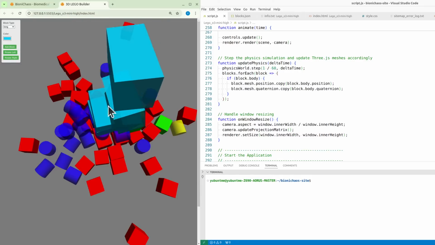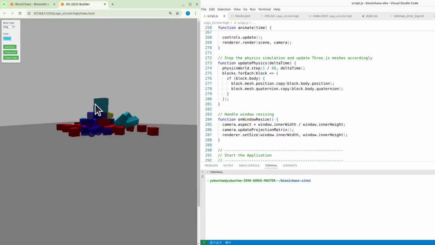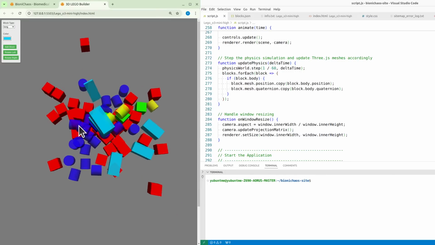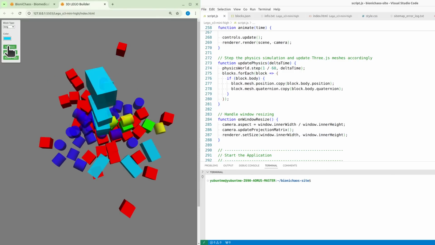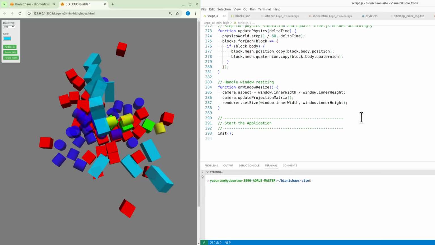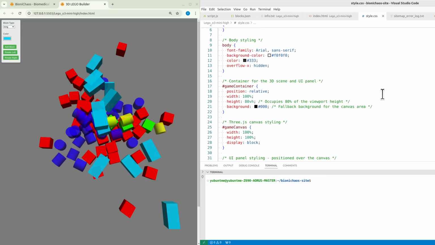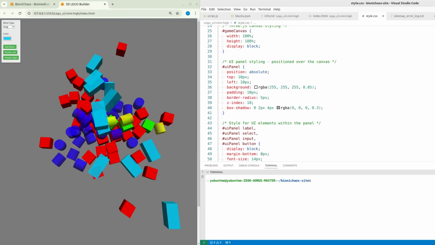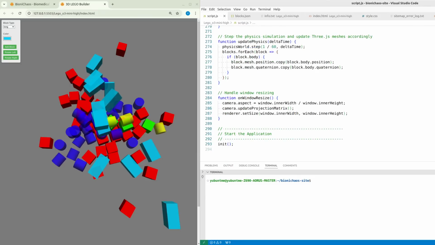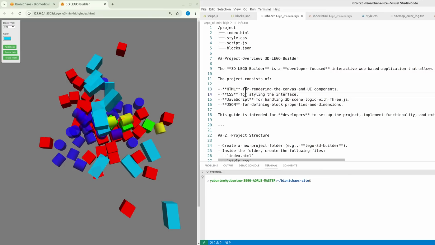Yeah, they're being spawned in the same place, and then they collide with one another. That's why they're jumpy like that. And you cannot move them around as it is, which is a bit of a problem. I did all the CSS, which we're not going to go into. Primarily we'll focus on the JavaScript, and mainly so we wrote this brief for the developer,